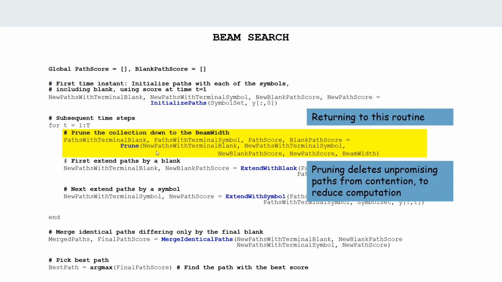So in pruning, you need to take as input the new paths which terminate with a blank, new paths which terminate with a symbol, the new blank path score, the new path score, along with the beam width with which you want to perform pruning. Notice that in these T iterations, you first get the new paths which terminate with a blank or with a symbol by extending the paths with a blank or a symbol, and of course you obtain their corresponding